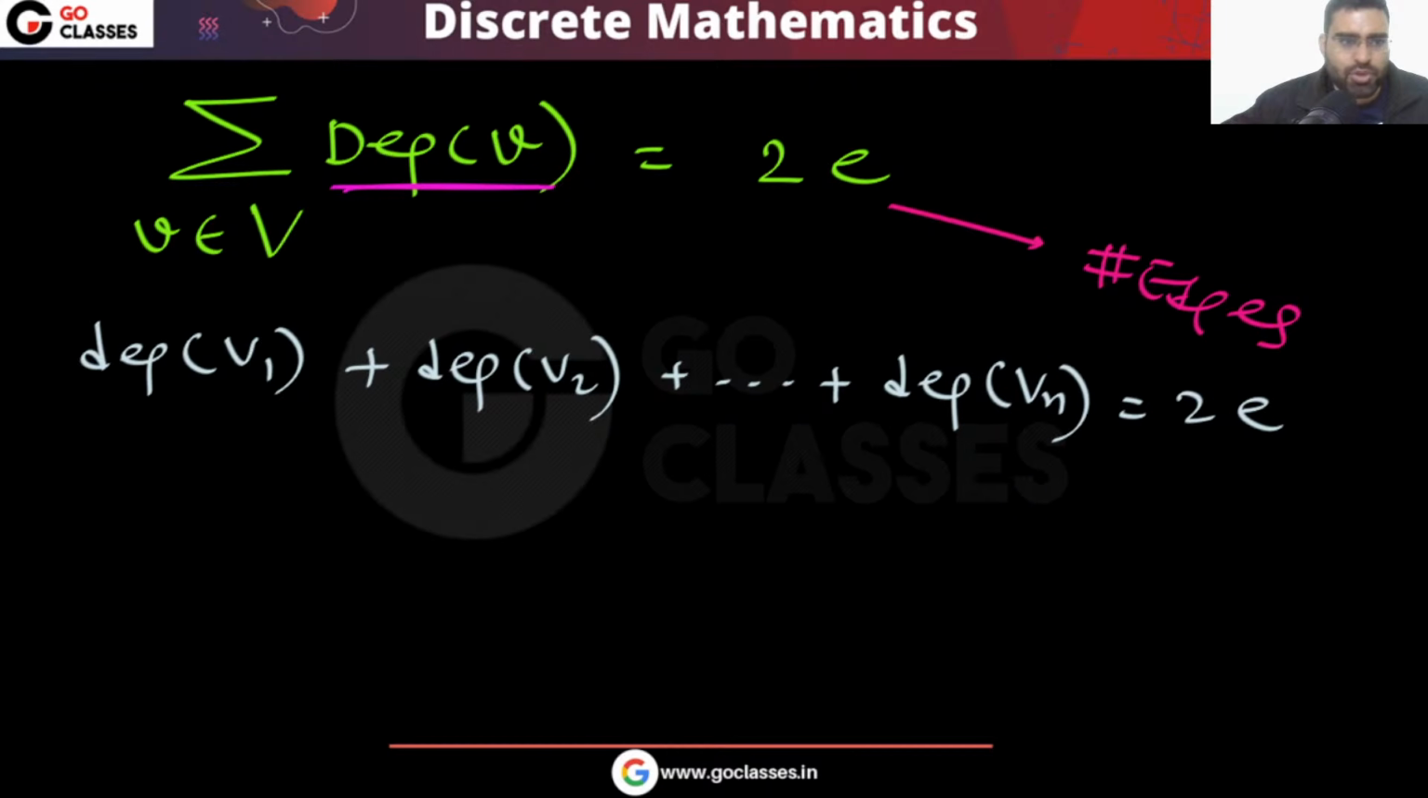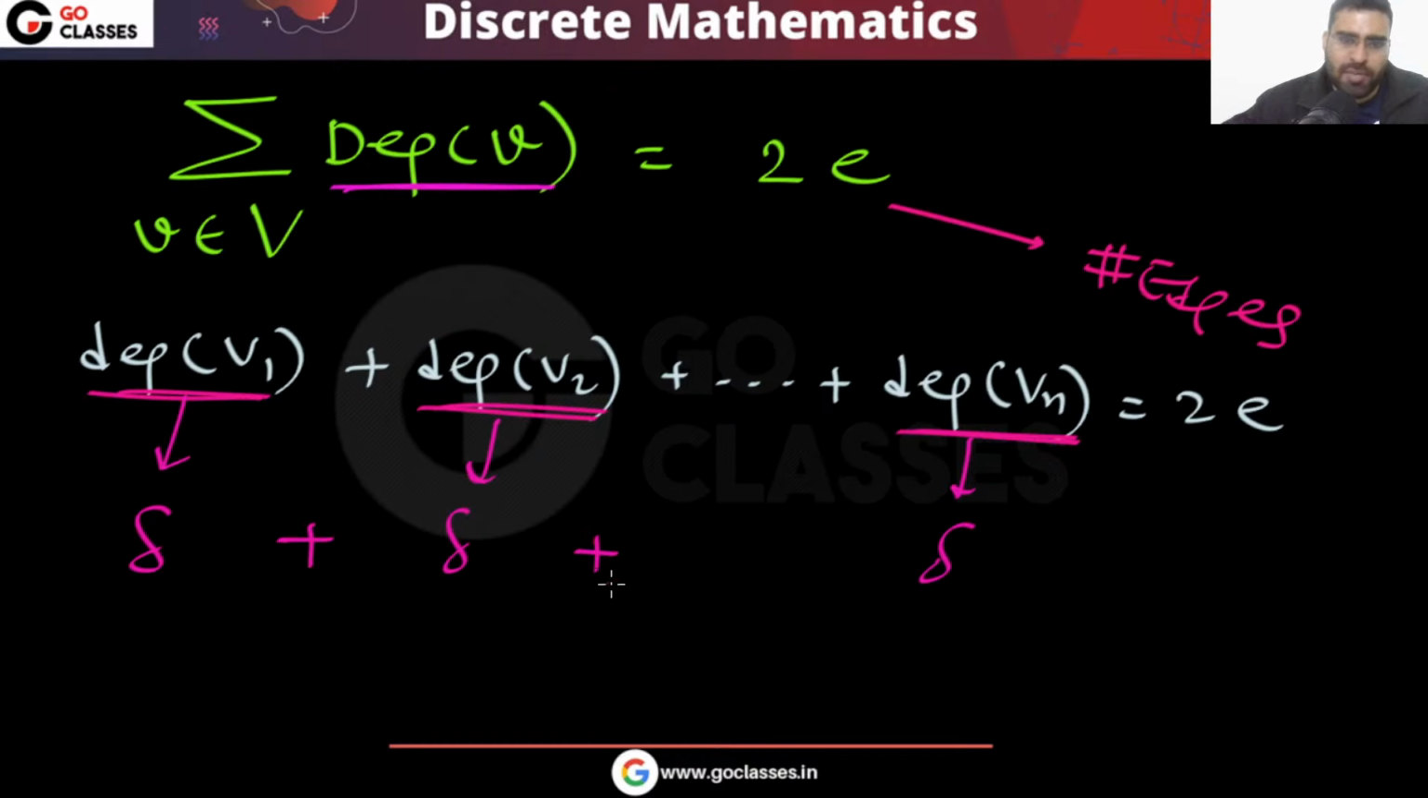We are putting the actual degrees. Yes or no? Actual degree for every vertex. Now a simple question I am asking. In place of everything, if I put the minimum degree everywhere,